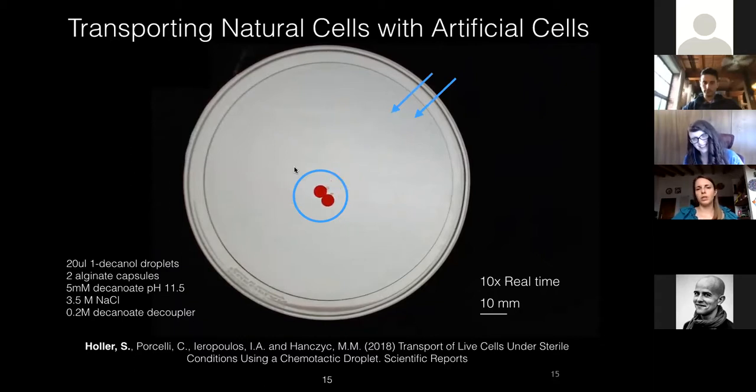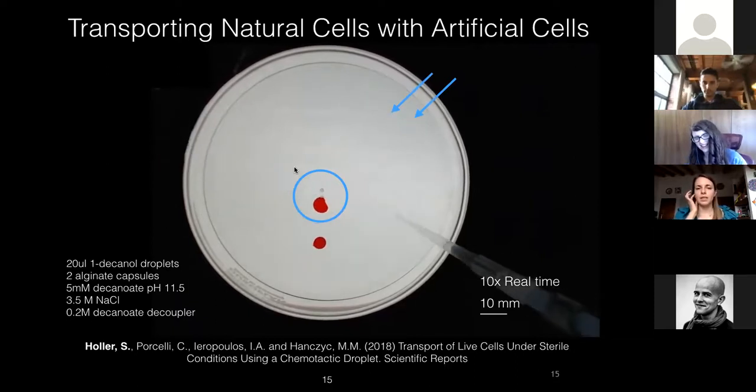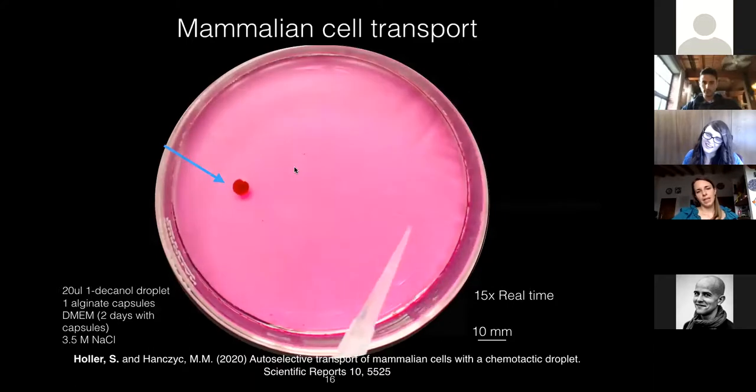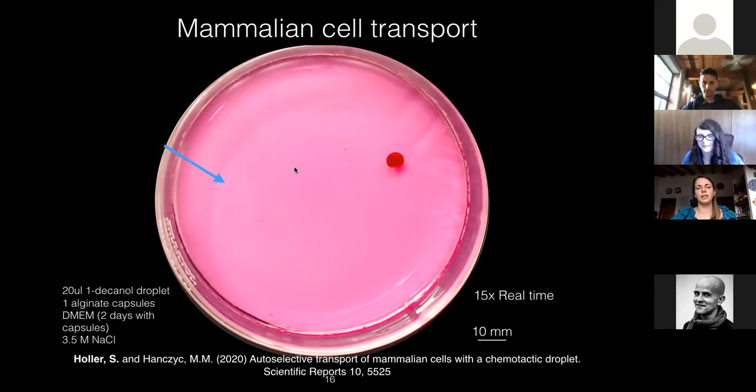As you can see in the video, the droplets are moving, transporting the capsules, now they are destabilized, and in the second movement, only the droplets are moved. This system is interesting because we are not simply able to transport bacteria and yeast cells, but even mammalian cells. The interesting thing of this system is that the cells inside the alginate capsules release surfactants while incubating inside the capsule. Releasing surfactants in their environment, they create one water phase that enables chemotaxis.